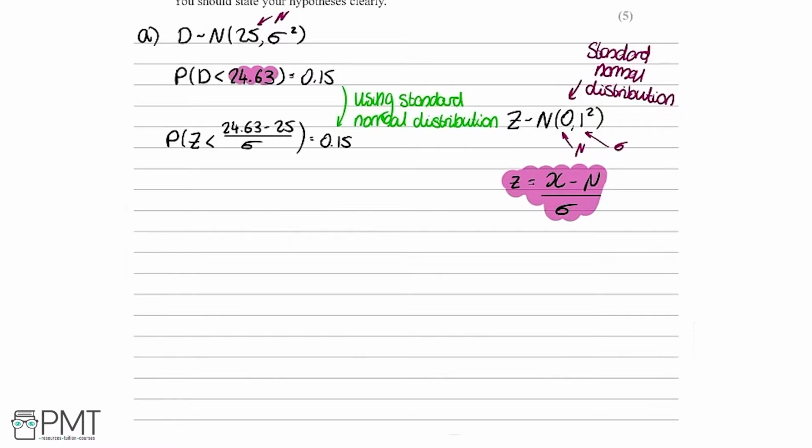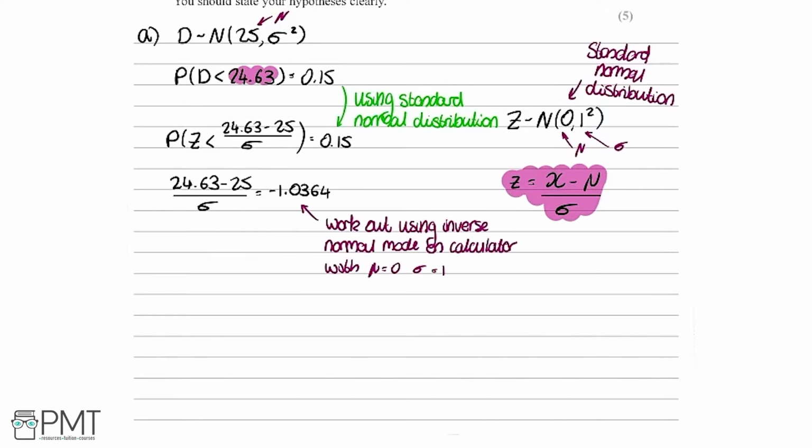Now what we can do is use our inverse normal mode on the calculator. In inverse normal mode, we're going to make sure tail is set to left if the calculator lets you choose that. If not, don't worry. Then I'm going to select area to be 0.15. And because here we're using the standard normal distribution, we're going to set sigma to be 1 and mu to be 0. Then we're going to click enter and see what we get. So we get minus 1.0364. Therefore, we know that (24.63 minus 25) all over sigma equals minus